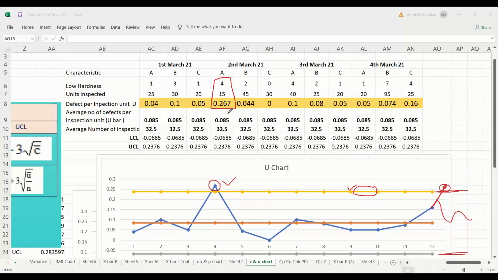Now, just imagine, because of this, your control limits are gone here. I am just writing the control limits here manually, and I will just change this data. Actually, you don't need to change the data. Let me tell you. You need to remove this special cause first. Find out the special cause, then collect the data. You can use the data from this side also, and then collect more data, then calculate again. Don't just remove this data. But for the sake of showing you how this is going to impact, I am just changing this to 30.